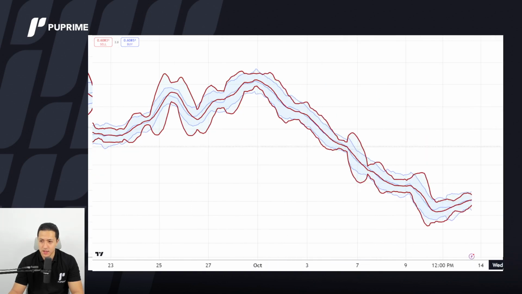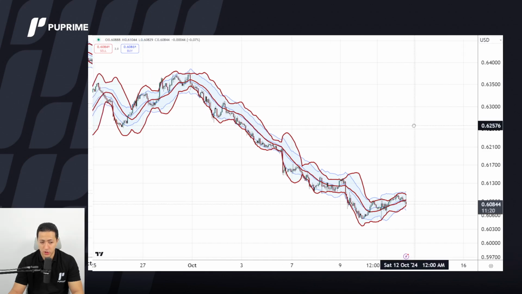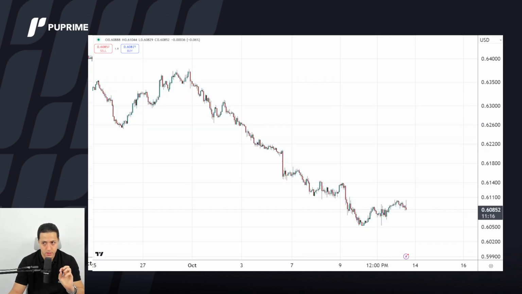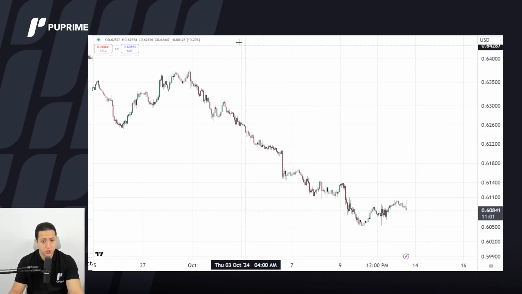Okay, that seems good. Do we need anything else? No, we don't. Let me get back the price. And you have understood the basic idea of the momentum and how we calculate it using squeeze. Now let me add squeeze momentum. For you asking about the squeeze momentum, I use TradingView. It's there on TradingView. You can just open indicators, you will find it.